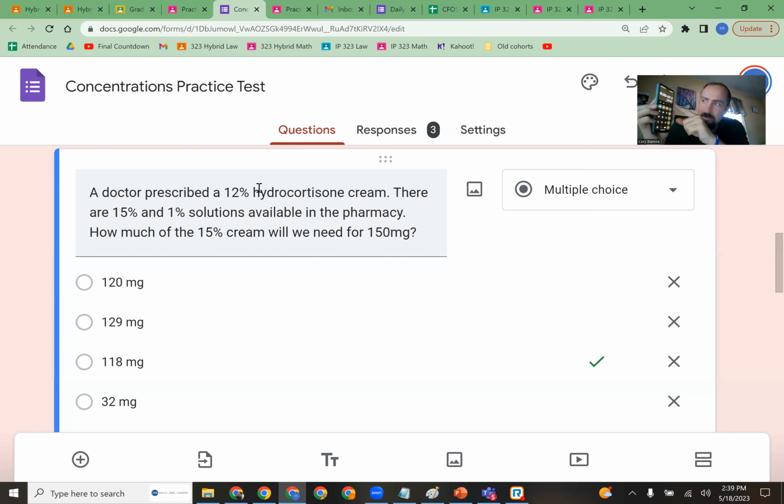It's not exact. We're going out to the 100th place here after the decimal point. It is pretty darn close. So what we then do is we say, okay, we're not entirely sure we trust that. It's very, very close. So let's look at the next closest answer here. So in the multiple choice answers, the only other one that's even close to that is 120. So let's quickly do 120. 120 milligrams. Remember that all these answers are talking about how much of the 15% cream we're using. So if hypothetically we were to use 120 milligrams and 15% of that was hydrocortisone,